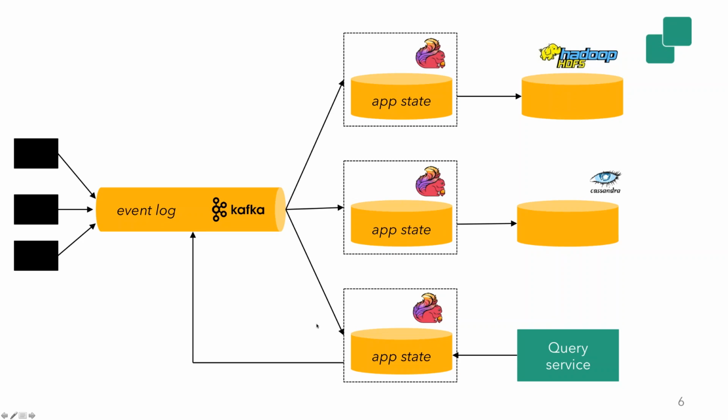So if you want to get to know something about the company, you need to replay this log of events and create what you want to find out. And this is exactly the point of local application state. So the next step here is compute. This is kind of the storage part, and this is the compute part for streaming, where you have a multitude of Flink applications that consume these event streams, and they maintain local application state. And the fact that the application state is local and not global makes things way easier to manage.